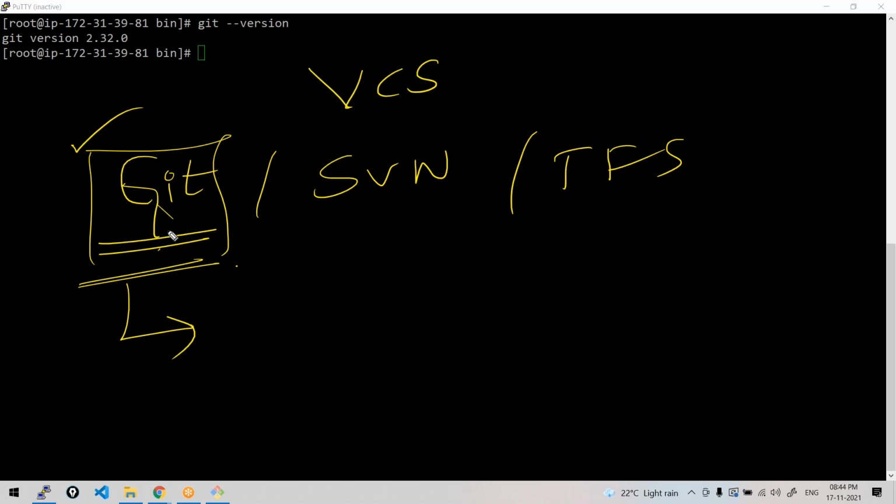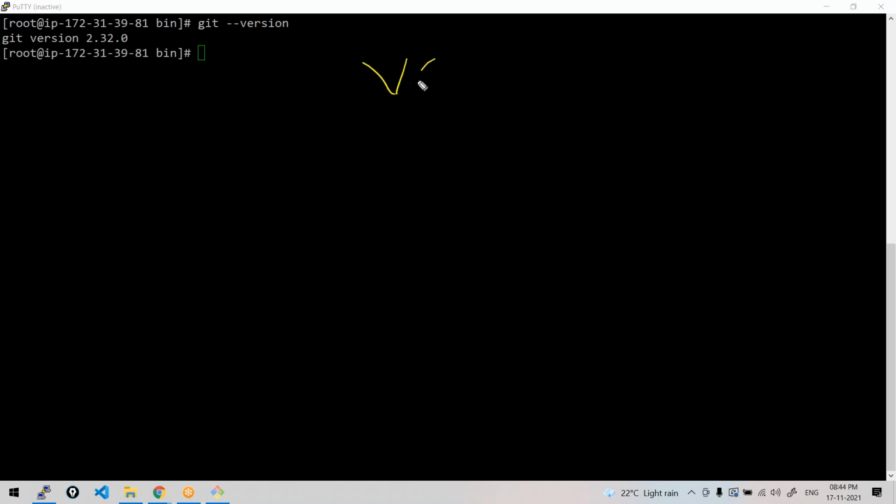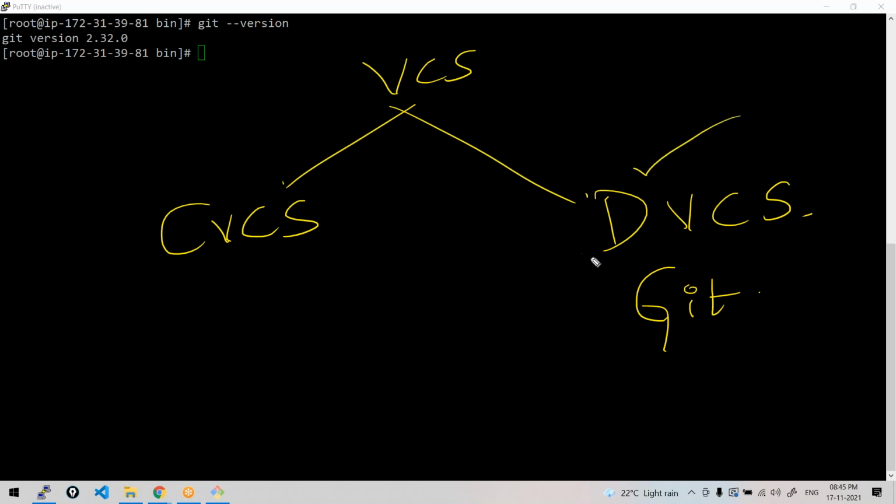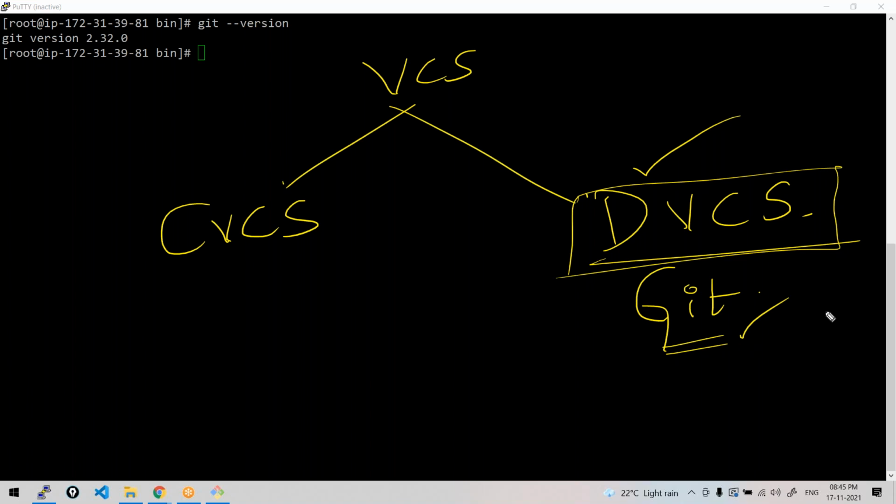Now, version control systems were categorized into centralized version control systems and distributed version control systems. So our Git falls under distributed. Distributed architecture is better than centralized for many reasons, which we'll see. All the modern, new projects are using it.